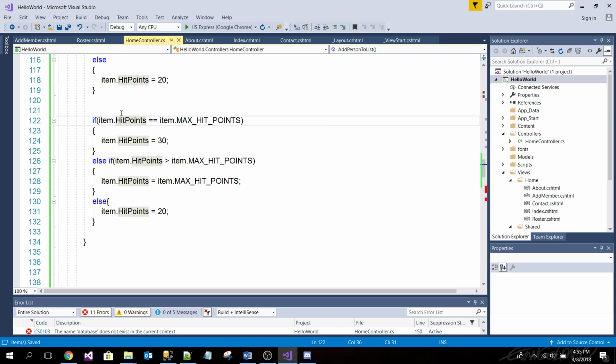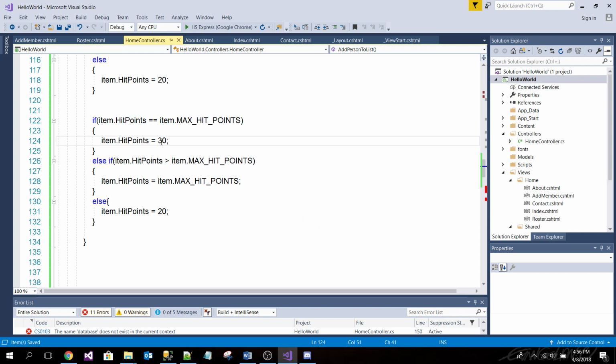All right, so read it with me here. If the hit points are equal to max hit points, we set them to 30. We're giving them a buff. Now let's say my hit points are 20. Which of these am I going to hit? The first one.